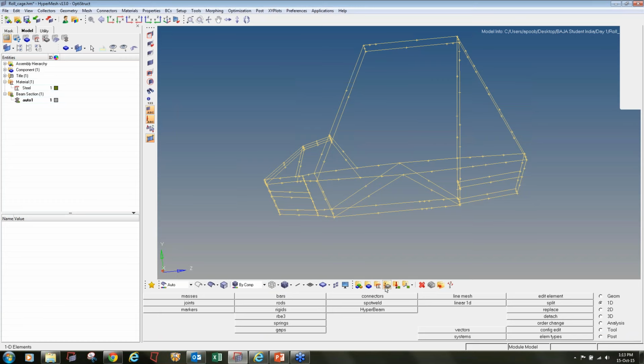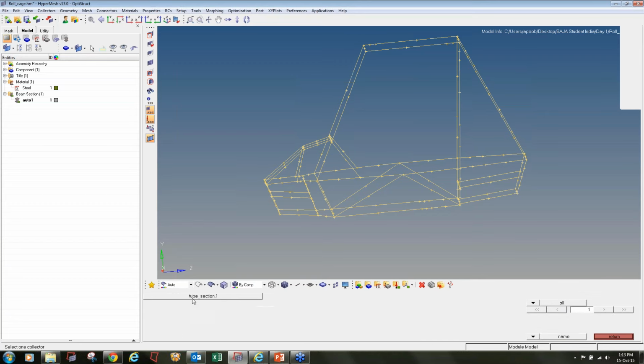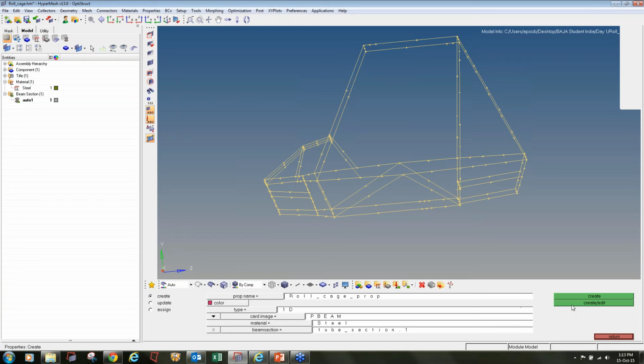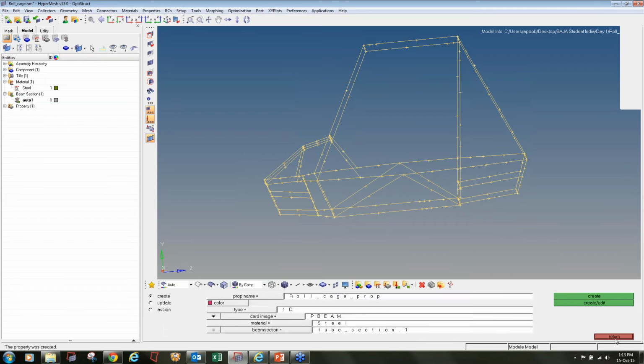Now I will create the property. To create the property, I will click on the property collector icon, which is on the right-hand side of the material icon. I will enter the property name as roll cage property, define a color to it, select the type as 1D, card image as P-beam, material as steel, beam section as tube section, and click on create edit. You can see it has taken the values of A, IXX, IYY and J, which are required to